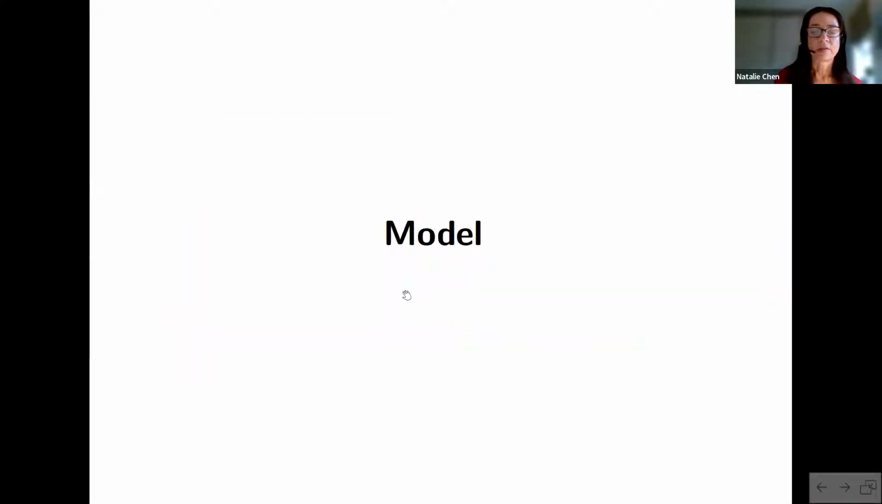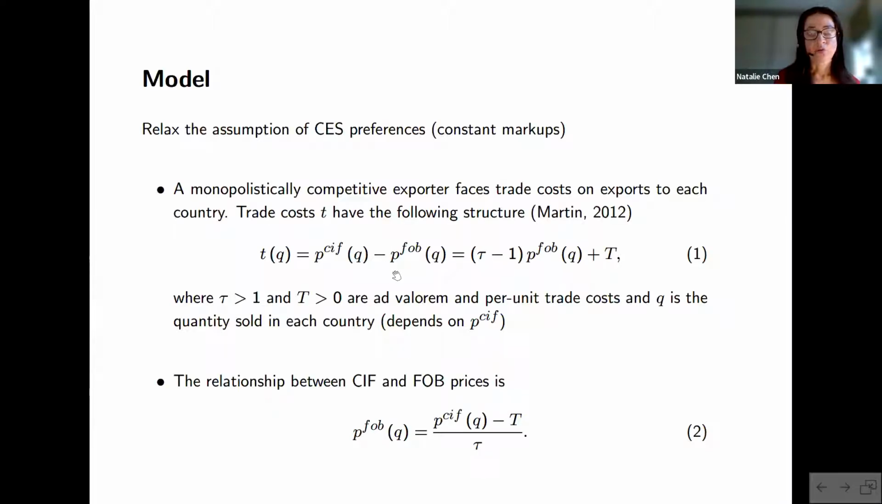So those are the main results. Now I'm going to go to the model to try to understand which type of specifications for the model could explain those empirical results in the data. So for the model, we want to relax the assumption of CES preferences, given that CES predicts that we have